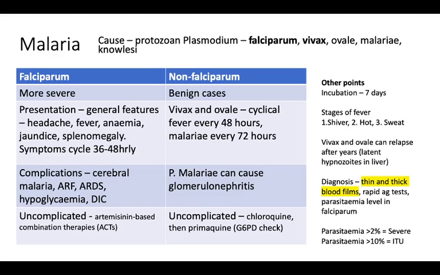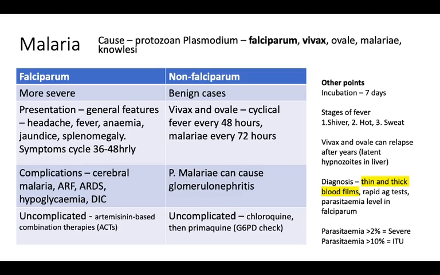In terms of treatment, in uncomplicated falciparum malaria, you treat this with artemisinin-based combination therapies, or ACTs. You can start off as oral treatment, but if you decide that this patient has a severe malaria, then you can switch to IV. For non-falciparum malaria, you would treat these patients with chloroquine, and you can also give them